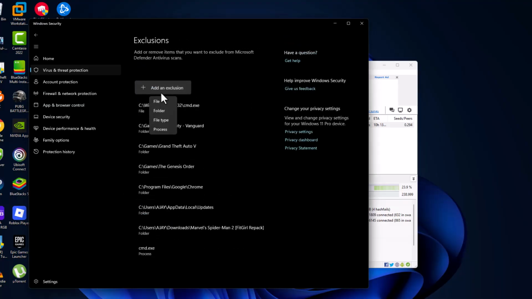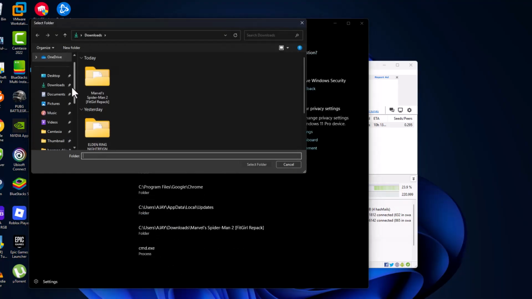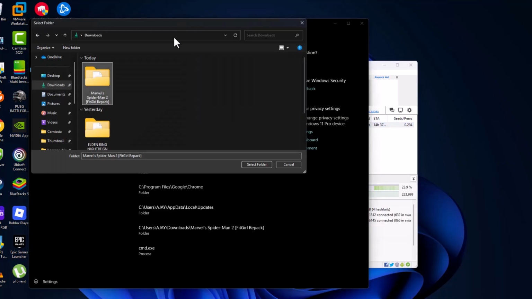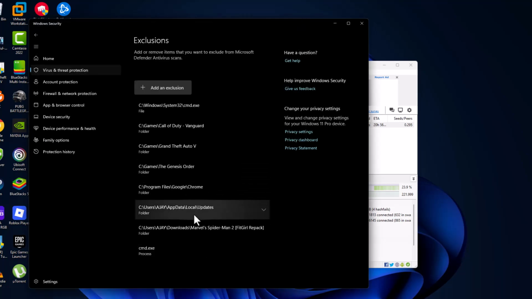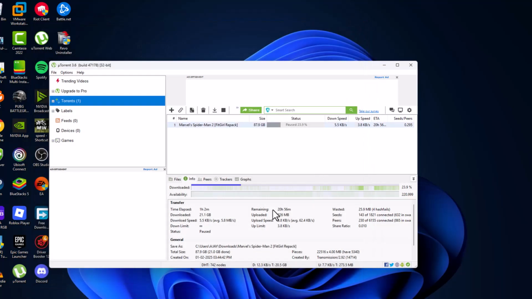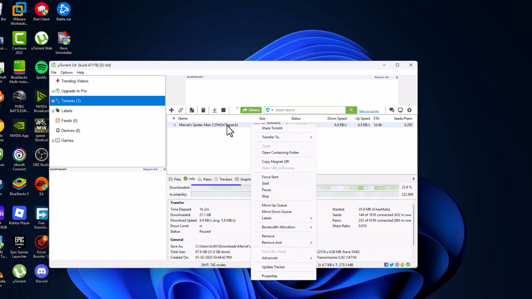Select add an exclusion and select folder and navigate to the downloads folder and select the game that you are trying to download, guys. I'm trying to download this game, the same name folder. You just need to select it and then select the folder option, and now the game has been added to this list, guys. As you can see, downloads and the game folder. After adding the path, just close this here and now right click on the game and select